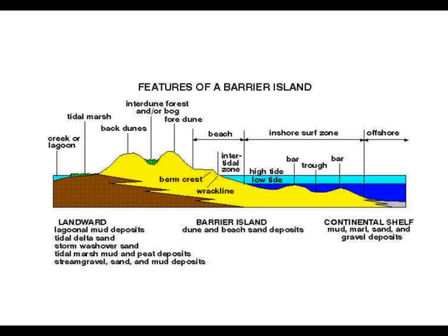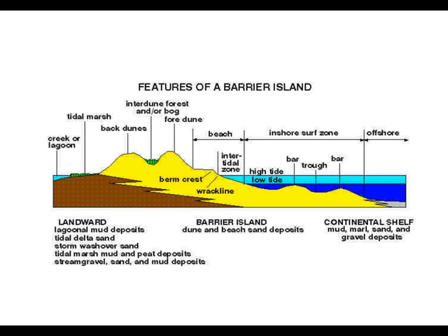Most barrier islands have characteristic systems, and you're looking here at a diagram where we're going from the ocean or the Gulf over here on the right side, and we're moving in toward the beach. And right here in the intertidal zone, there's often a rack line. Rack is stuff that washes up on the beach. There's usually a crest here called the berm, and that's an erosional crest, and then something of a flat forebeach that often in a classic barrier island will transition into what we call the foredunes, which are often quite high,